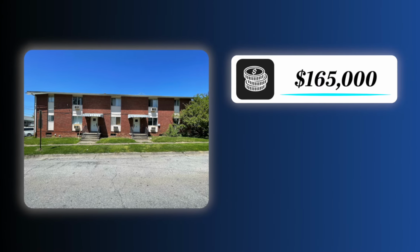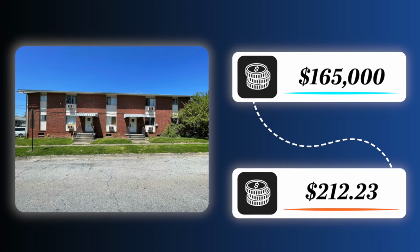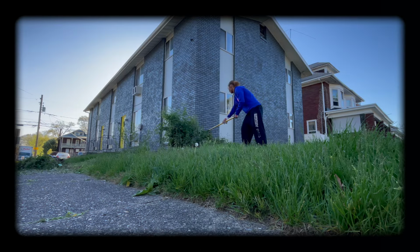$165,000. And at the closing table, for us to be able to even purchase this property, all we had to bring was $212.23. And after us buying it, renovating it, putting the tenants in place, and holding on to it for a little period of time, we then sold it for